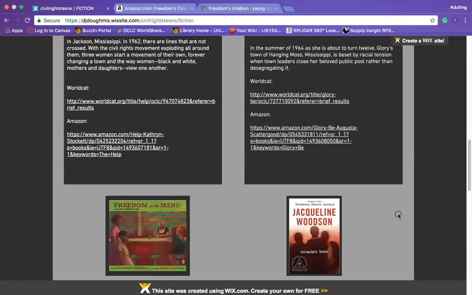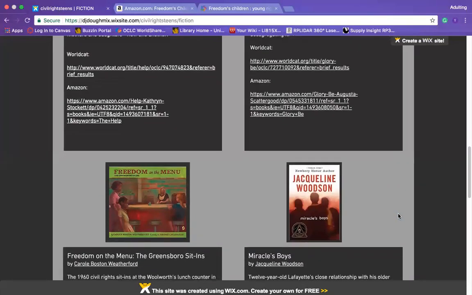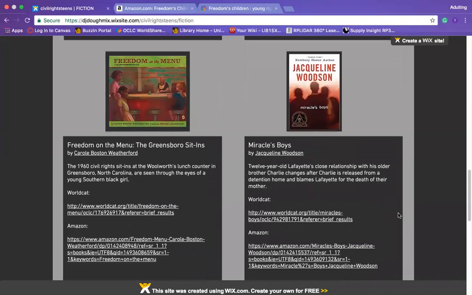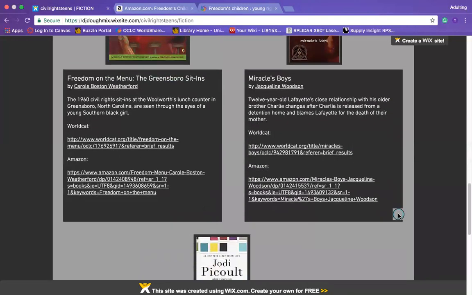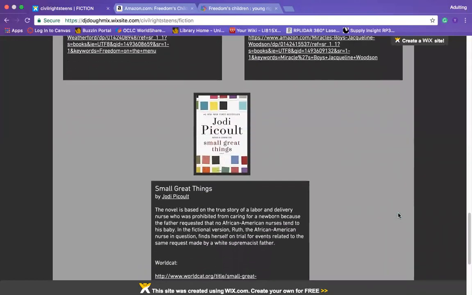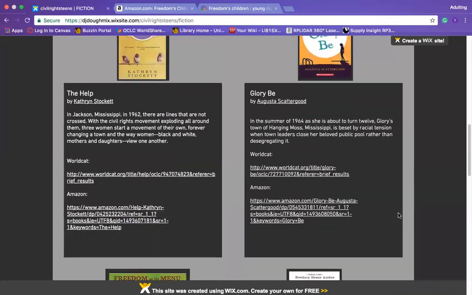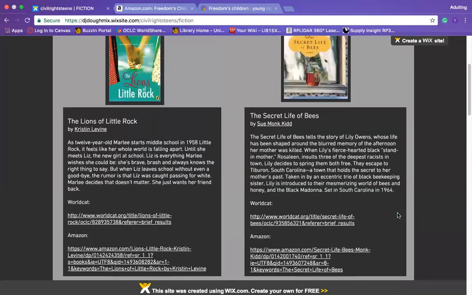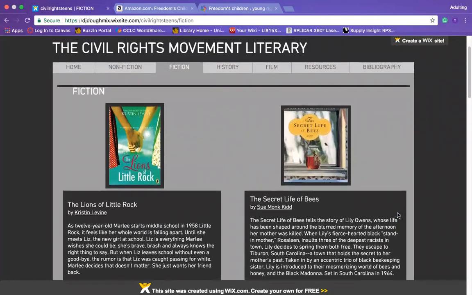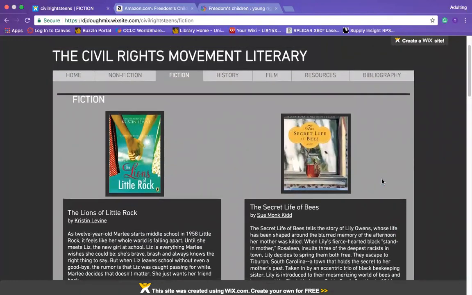Going on to fiction, my pieces were pulled after some base research on more popular items that have been written. I looked for items that were actually written by people who experienced the civil rights movement themselves, mainly African American, but there are some authors of other ethnicities who have provided their insight because they were either participating in the civil rights movement at the time or they were interviewing people who were there firsthand.